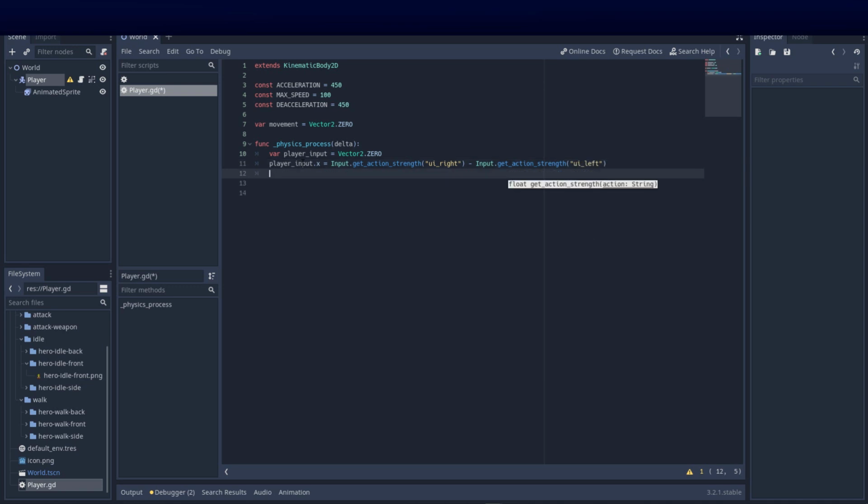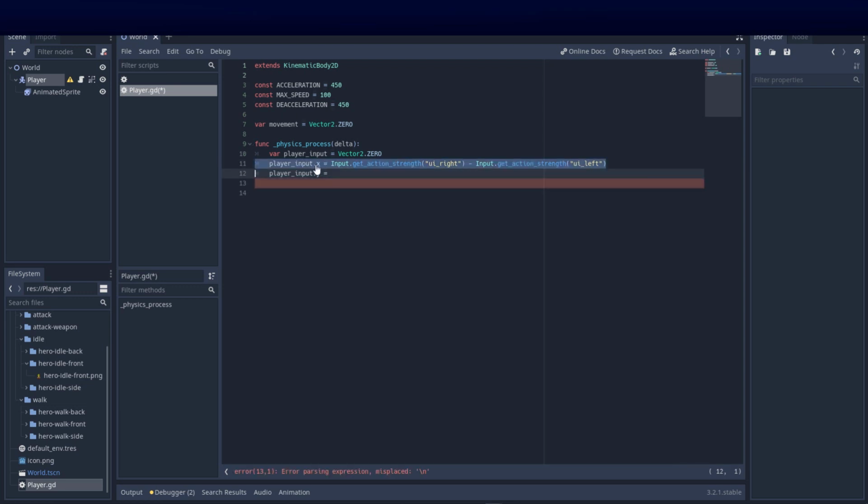Great. And then we can do the same for player_input, and that is going to be the .y. And that's going to equal again. In fact, I'm just going to copy that just to speed this up. So let's just go ahead and copy that across. I'm going to type it all out again. Right, and we can just change it to y, and that's going to be UI